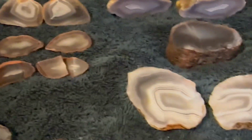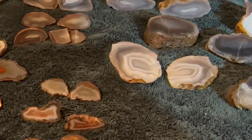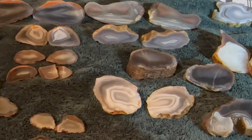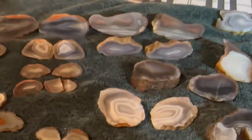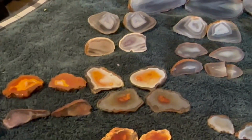So Redskins, Botswana. The rest of these are all going to be the Malawi Alamejo. Now, Redskin and the Botswana, in case anybody doesn't know, these are all Malawi agates. They all come from Malawi. They're just different locations. I have some 1970s also, there's Swazi, there's Redskin, Botswana or Mozambique, which the Redskins are Mozambique, but that's in the country of Malawi. I could be wrong with that, but I'm pretty sure. Feel free to correct me if I am wrong, but I'm pretty sure I'm right about that. Anyway,